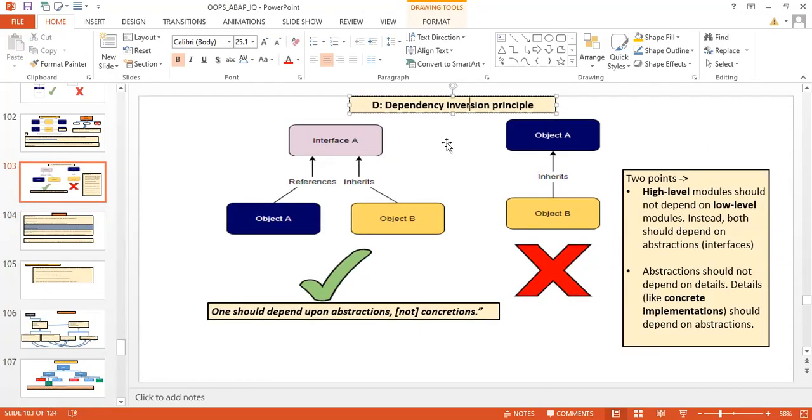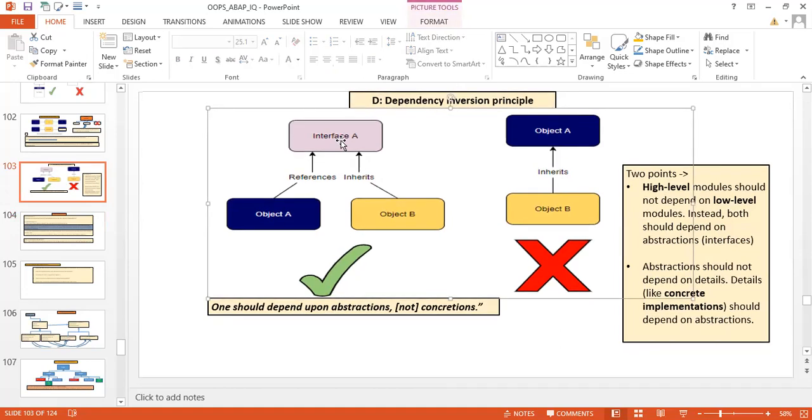So the first four we understood of the SOLID principles. S for the single responsibility principle, O for open for enhancement but closed for modification, I for interface segregation principle, L for Liskov substitution principle, and D for dependency inversion principle.